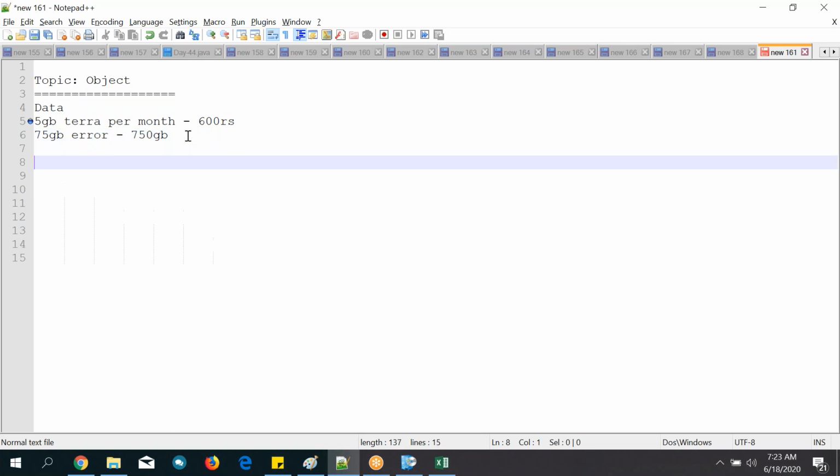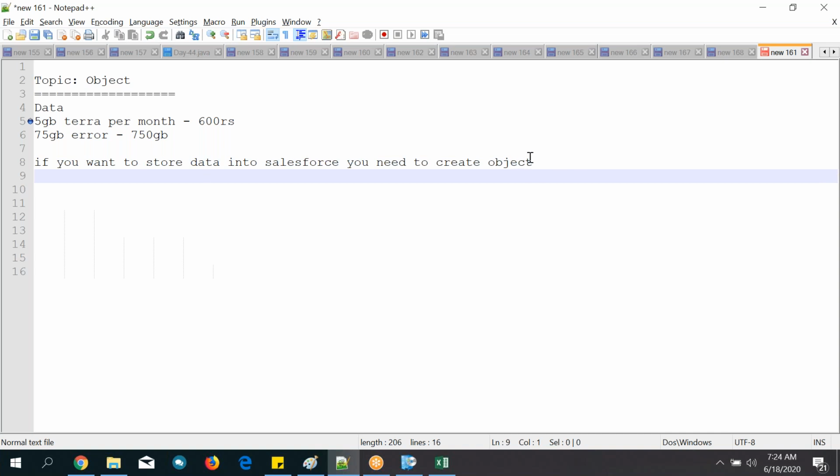So where can you store this data in Salesforce? If you want to store data in Salesforce, you need to create an object. That is the purpose of object. At a high level, understand, don't go in depth. Going forward, you will go in depth. Clear?